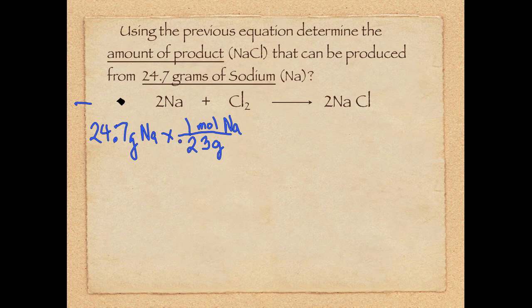So we have all of that. Now what we're going to do is multiply this by the ratio. Remember, this is a ratio, 2 moles there, 2 moles there. So we're going to multiply that by 2 moles of NaCl, because that's the ratio we need to work out. If we're going to add this amount of sodium to get the best yield, it's basically a 1-to-1 or 2-to-2 if you prefer. And then we also have 2 moles